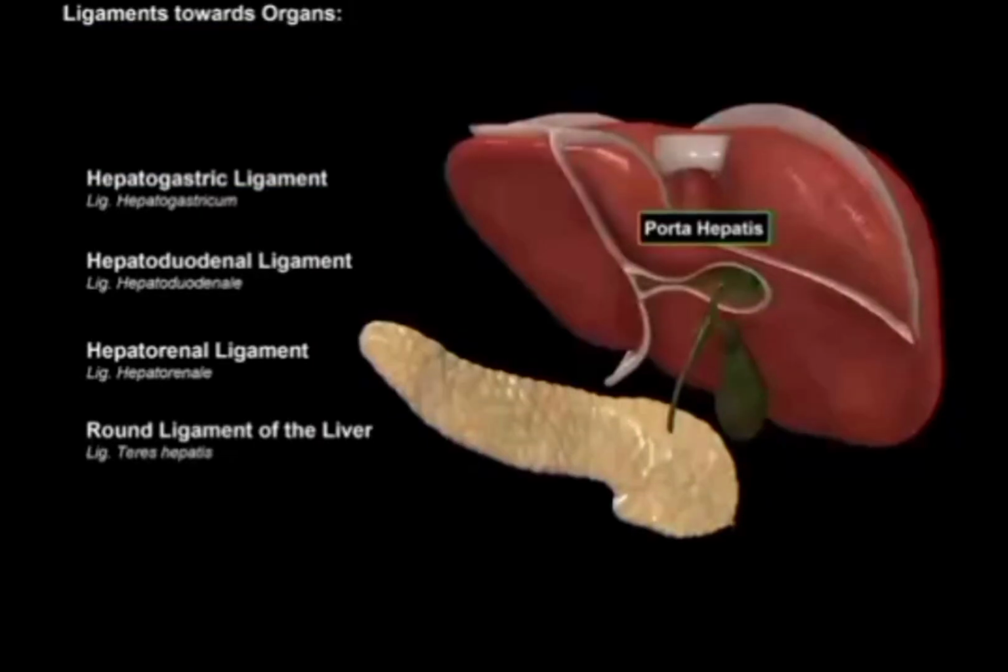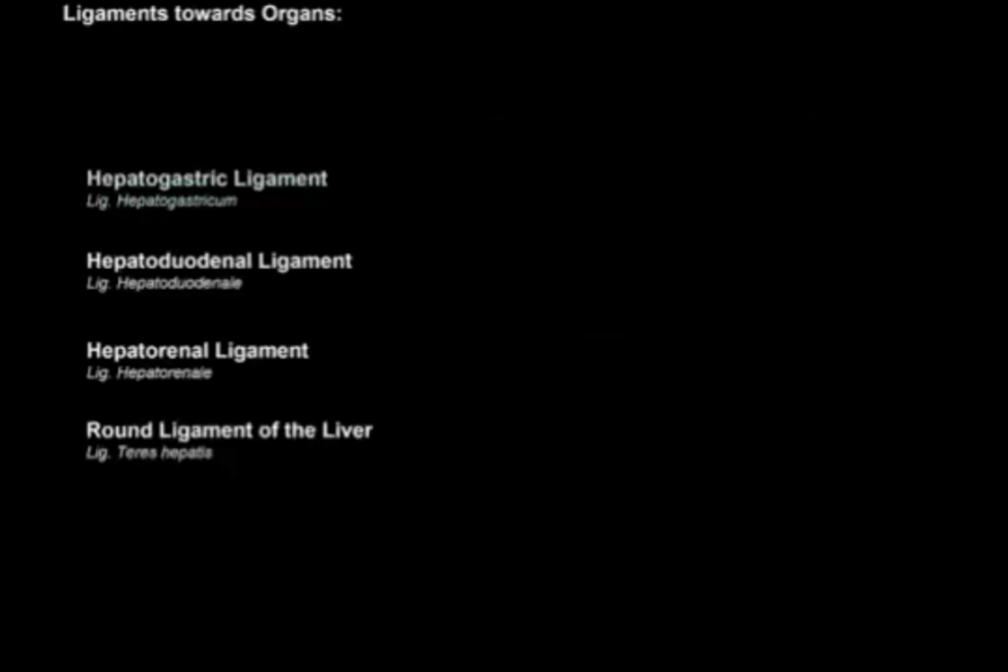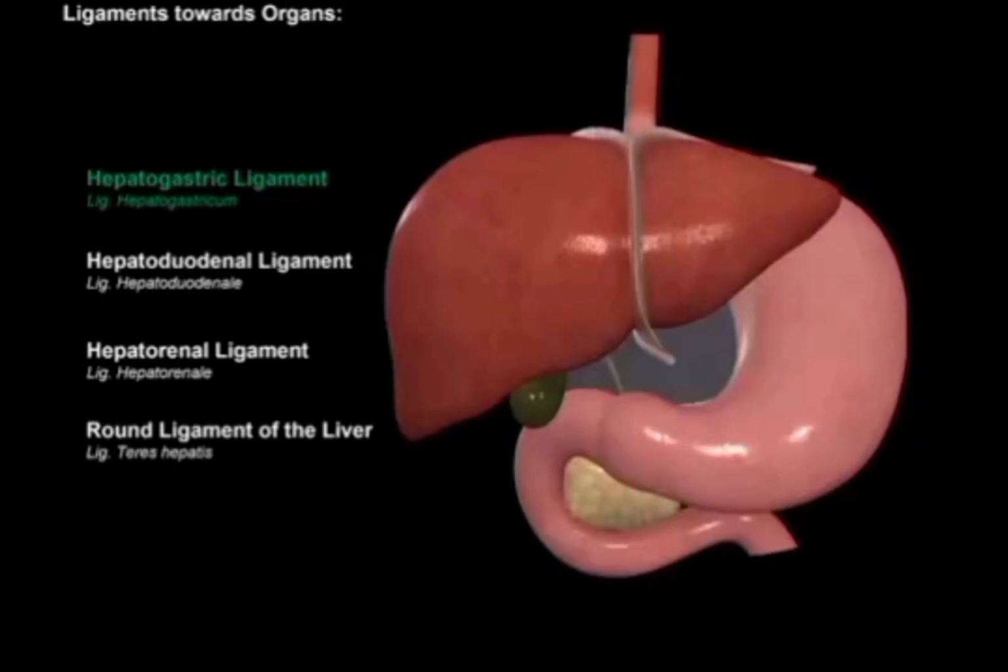Now let's go over and look at the ligaments that go from the liver towards other organs. These are 4 ligaments and they all start from porta hepatis. So I want you to keep in mind that they all start from porta hepatis. So the first one is the hepatogastric ligament, and as the name says, it goes from the liver to the stomach. Or in Latin, it goes from the hepar to the gaster. That's why it gets the name the ligamentum